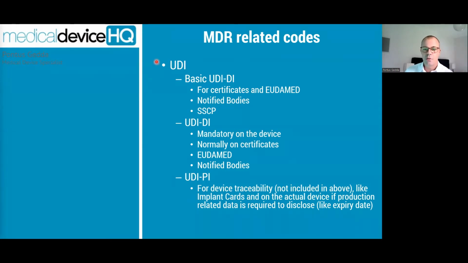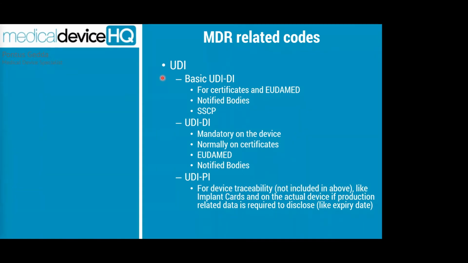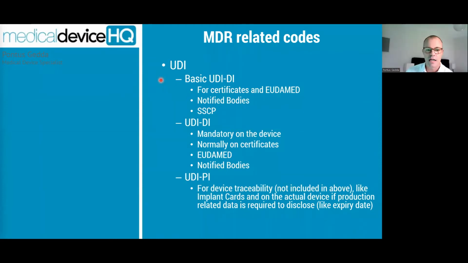And the UDI here in Europe, we can basically split it into three categories of parts. First of all, we have the basic UDI that is exclusively used in Europe. It is not used in the US. So if you already have UDIs in America, for example, you can't find a corresponding basic UDI. This is not for the actual products, it is for certificates and for registering in EUDAMED, the pan-European database on medical devices. Also, notified bodies use this to keep track of devices. And if you are filing an SSCP, that is summary of safety and clinical performance, you also need to reference